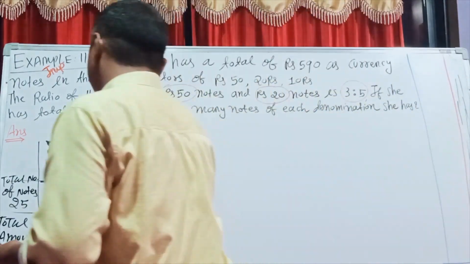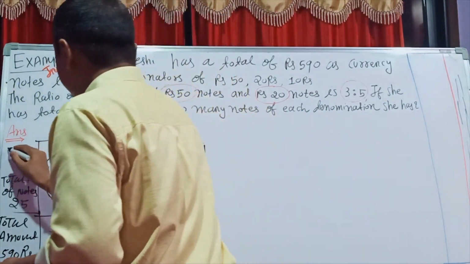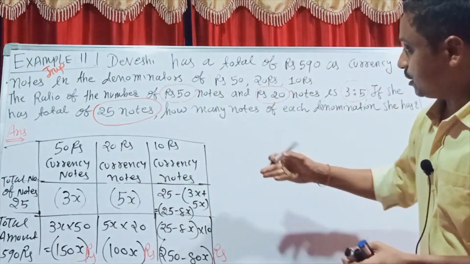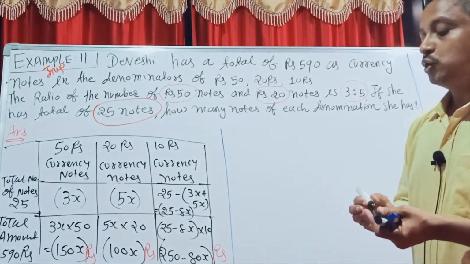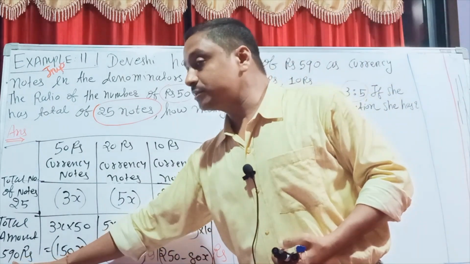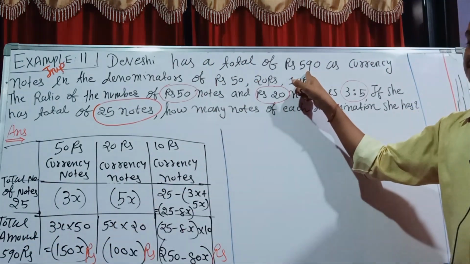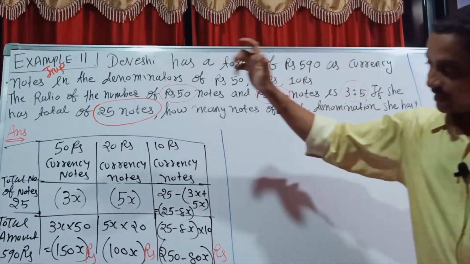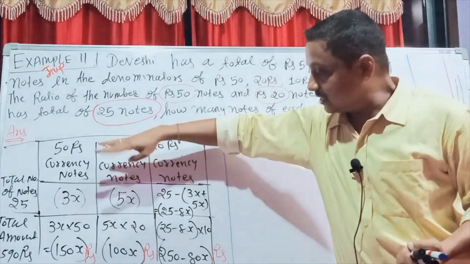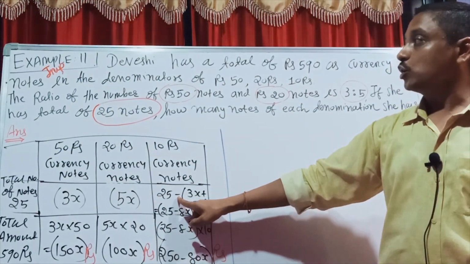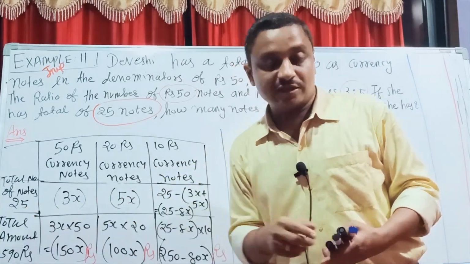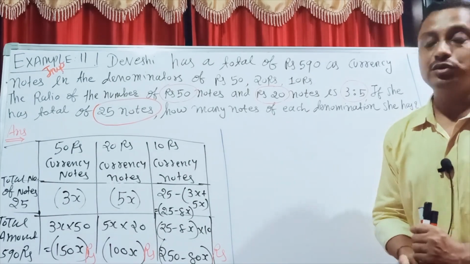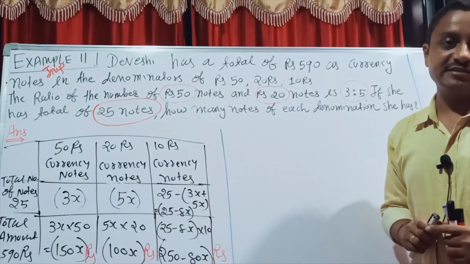After that, students, you properly draw this box and you easily go solution-wise. So now I start here with the total amount, 590 rupees. Read just one more time in your question. The denominations given are 50 and 20, with 3 into x, that's why I am taking here 3x into 50 and 5x. And why here do we have 25 minus that? The total currency notes known is 25. That's why I write 25 minus 3x plus 5x. Then we get 25 minus 8x.